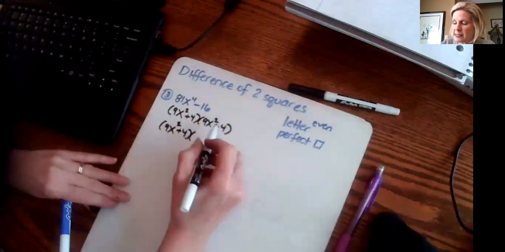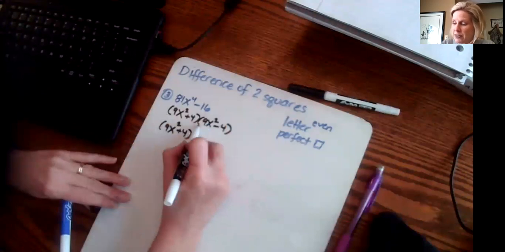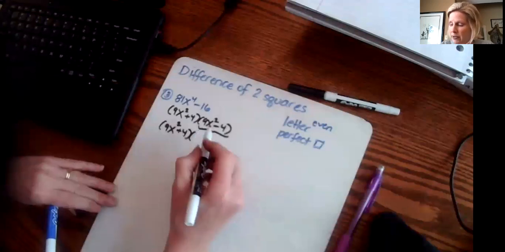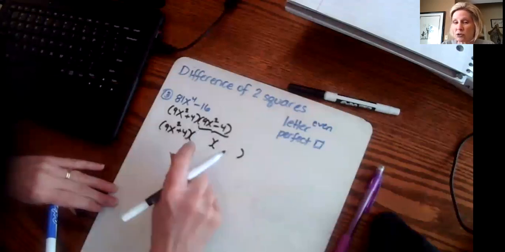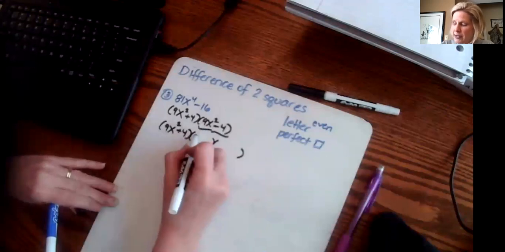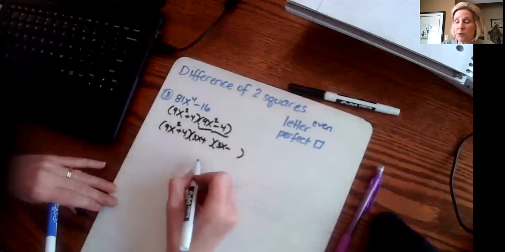But notice this is a difference, and these again are perfect squares. So this expands out further. It goes from an x squared down to 2x to the first polynomials. So 3x squared is going to be 3x plus and then minus, and then 4 is going to be 2